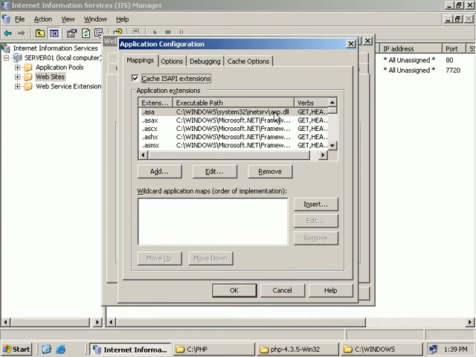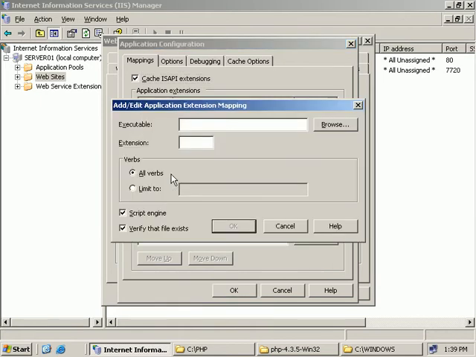Now, in this window up here, you'll see the ISAPI extensions that we're currently caching on our IIS server. And if we scroll down, we can see that PHP certainly isn't listed in here. So we'll need to add in PHP, so we'll come over here and we'll click on Add. And then we'll need to type in the path to the PHP ISAPI DLL. Now, you can either type it in manually or browse to it, so I'll go and click on Browse, and